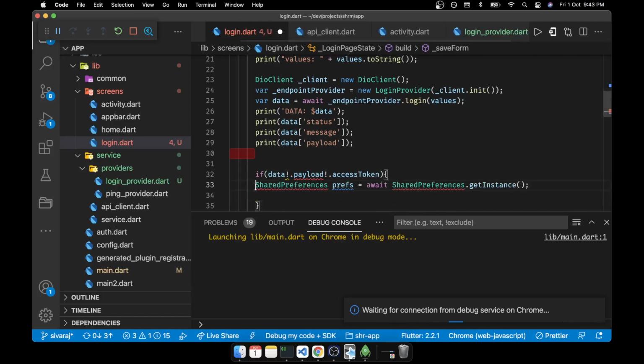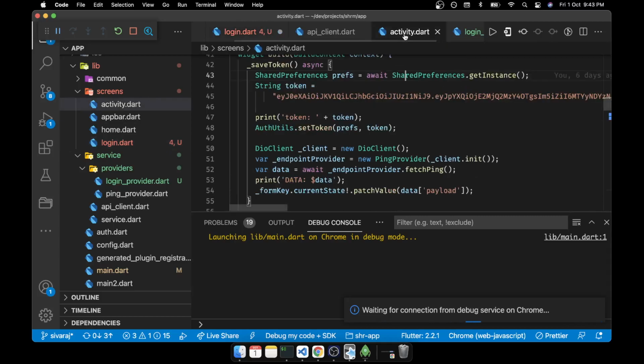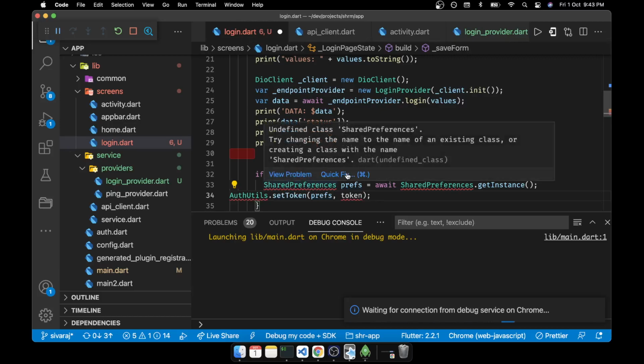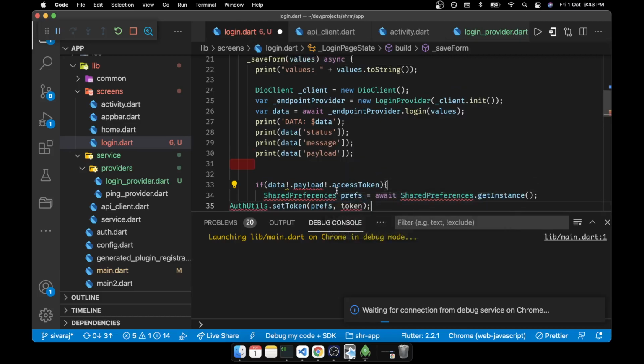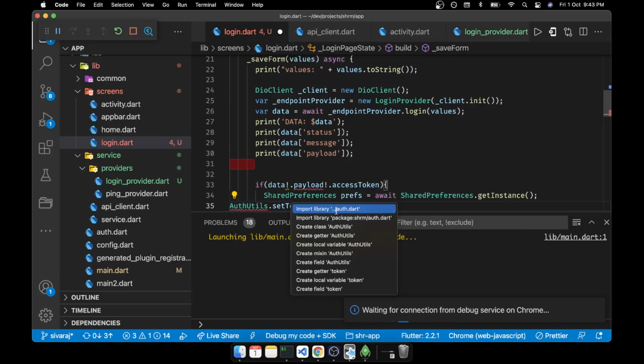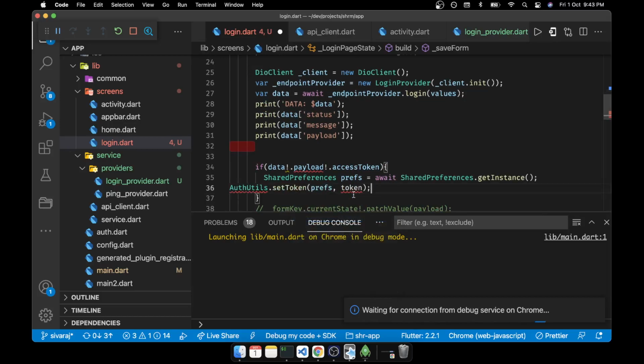So we can just wait for the async await. Then we'll set it to the auth tokens so that it will take care of the job. Quick fix, import it, quick fix, import it.